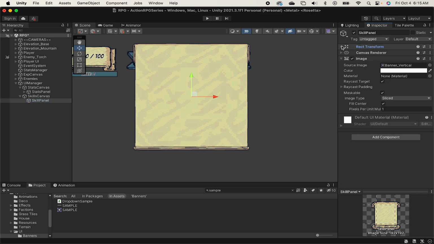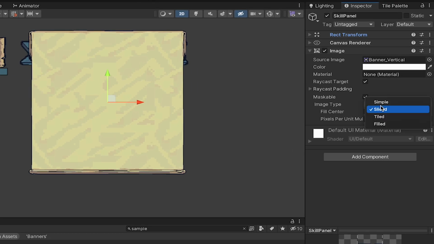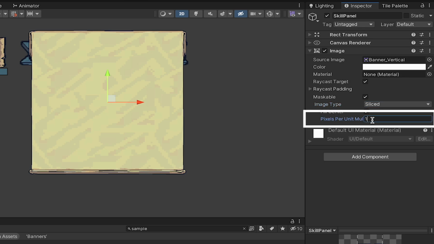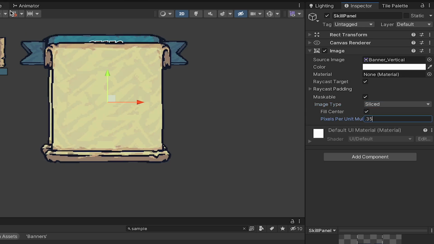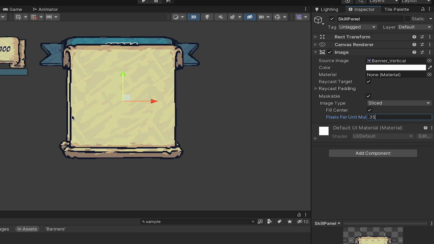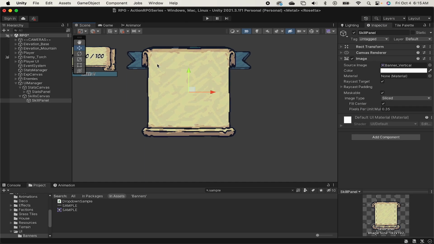All right, so let's click on our skill panel here now. And in the image component, we're just gonna change the image type to sliced. And then you're gonna have to decide on your pixels per unit. I'm using 0.35 as it gives me nice large pixels that I like the look of. I'm just gonna adjust the position here, and then while still clicked on the skill panel, I'm just gonna unclick